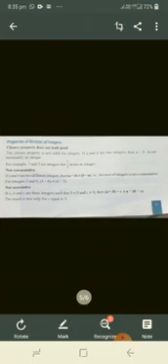Next one, properties of division of integers. Closure property does not hold on division. For example, if a and b are two integers, a divided by b is not always an integer. If you take 7 and 3, 7 divided by 3, you will get a decimal number. So, that is not an integer. Next, division of integers does not follow commutative and associative also. So, integers do not follow closure property, commutative property and associative property under division.